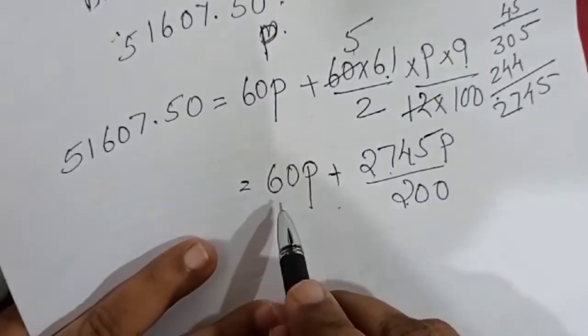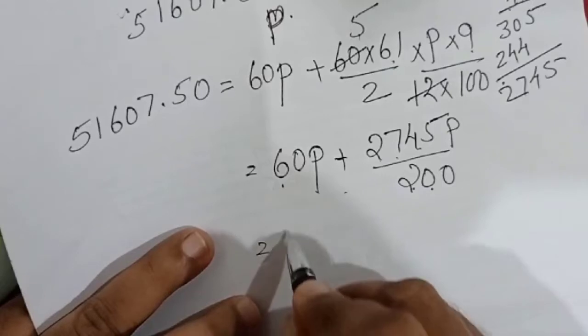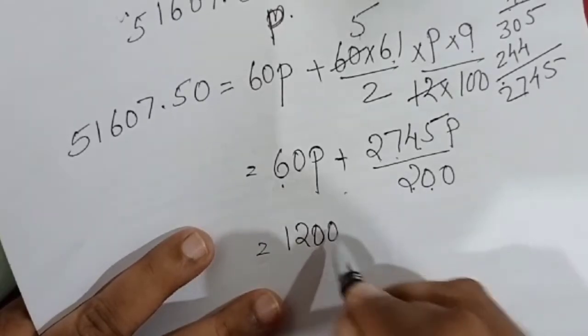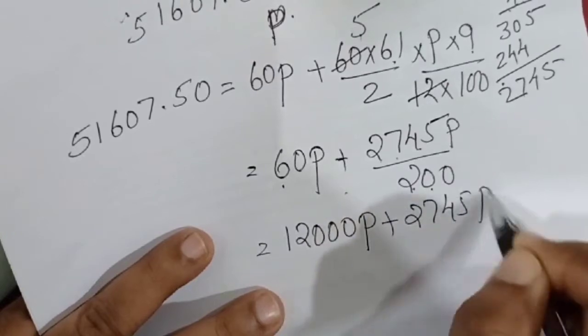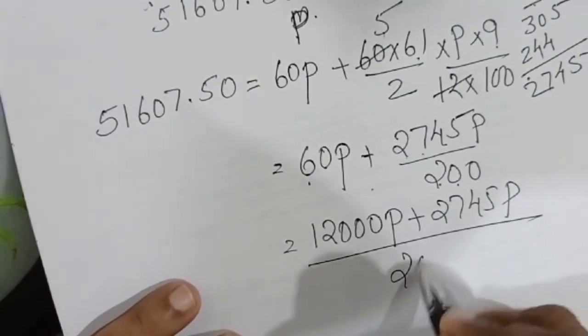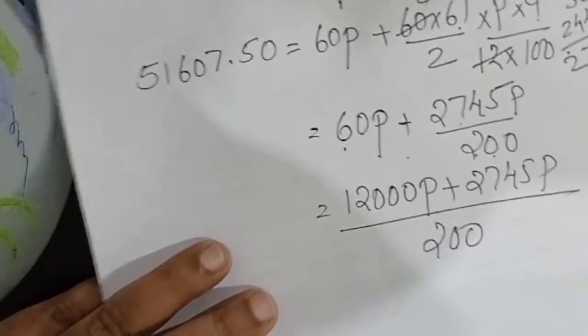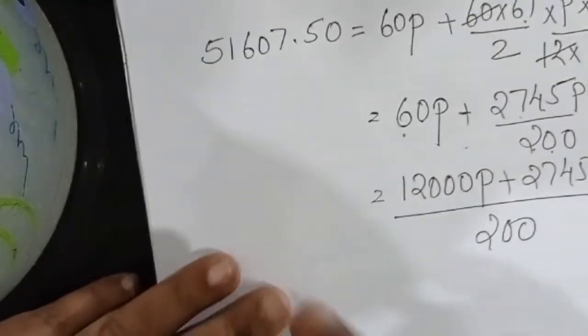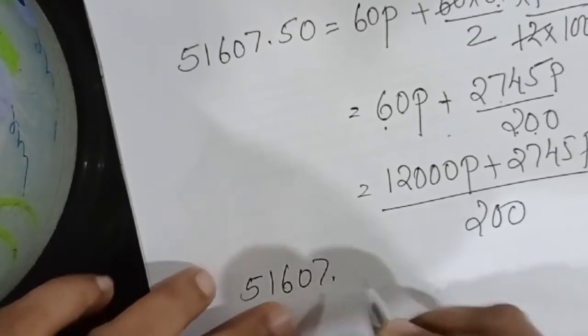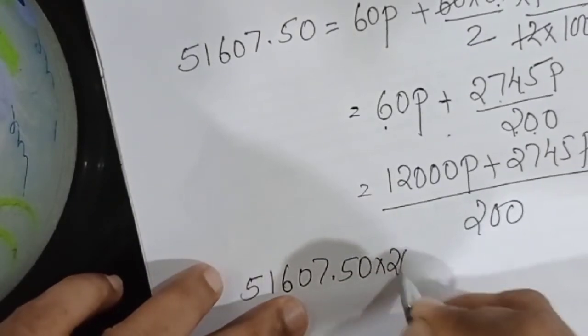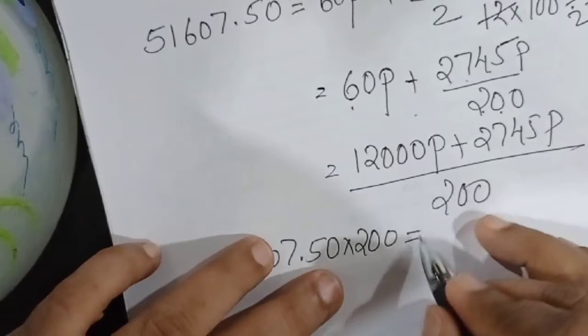Now taking the LCM here, 60 into 200 is 6 2s are 12, 30. P plus 2745P the whole by 200. Okay. Now cross multiplying this 200, 51,607.50 into 200 equal to